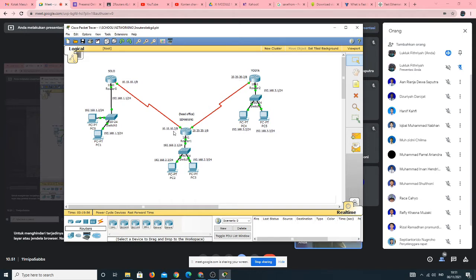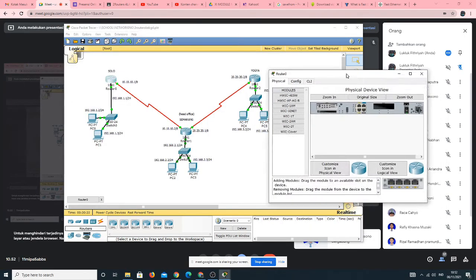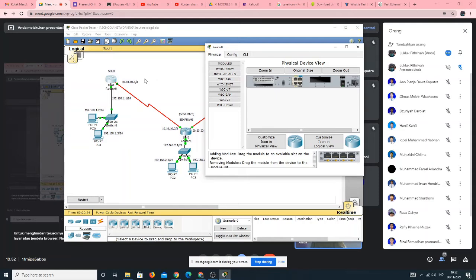Now in this connection, because one of the routers is the main point, the center point of the connection, we have to check all of the routers first before configuring. For example, if we are configuring router Solo, there are three things that we have to configure.